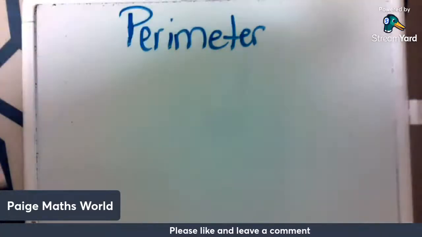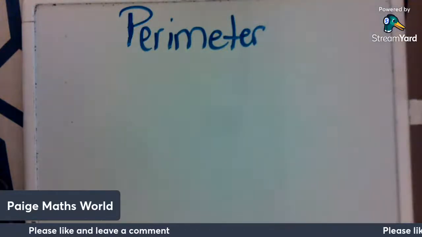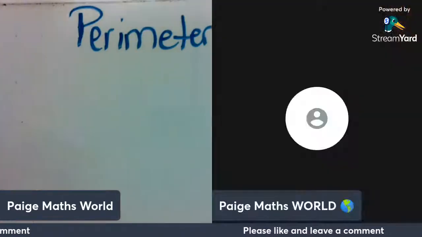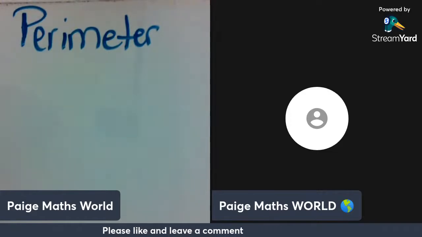I'm going to start. Perimeter is the distance around an object. So if you look at a garden,